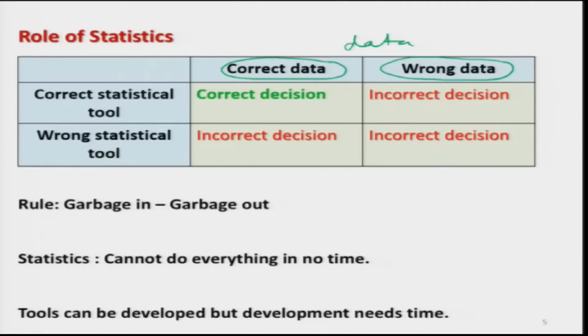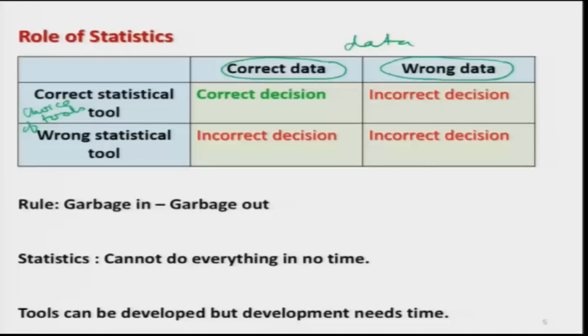And the second aspect is the choice of tool. There are many statistical tools available, and we are going to study them in the further lectures. But the main thing is that one has to choose the correct tool to diagnose and solve the problem. Just like if you go to a medicine shop or to a doctor, there are thousands of medicines. But what does the doctor do? The doctor decides which medicine is most suitable for the given problem. Similarly, in statistics we have many tools, and we need to decide which tool is appropriate to draw the correct statistical inference